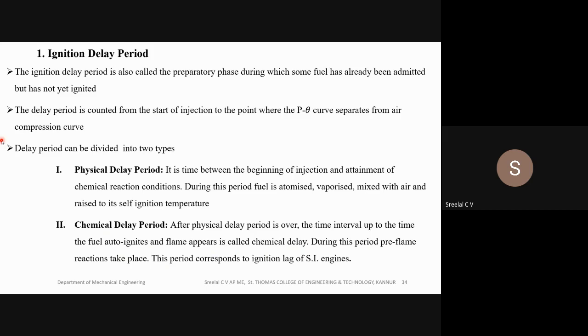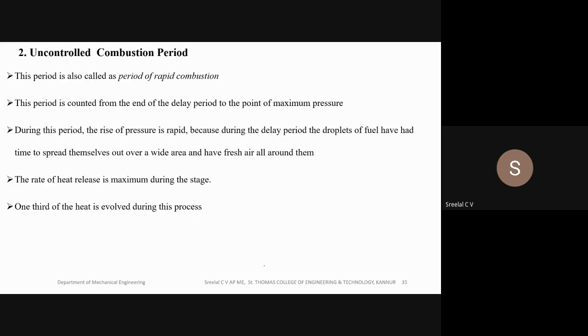And this particular chemical delay period corresponds to the ignition lag in the SI engines. That is, it is a stage similar to the ignition lag, which is what the chemical delay period is. Okay, so next we are going to discuss the